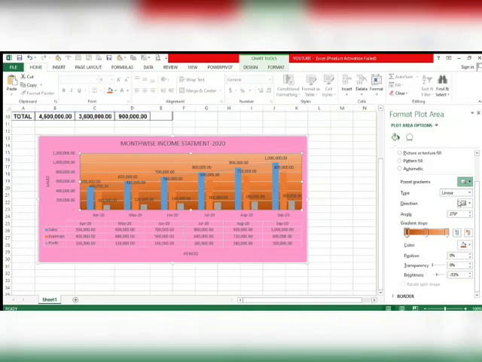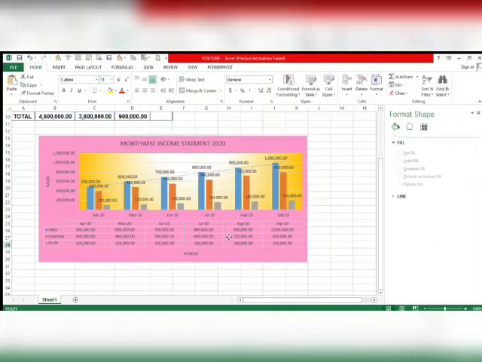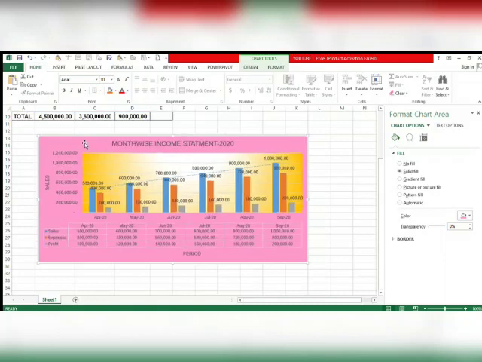Oh, this is not good, this will be okay. Then also we can change the fonts. We can set the font, change these fonts, and also set the font colors. See, from here we can change the colors.